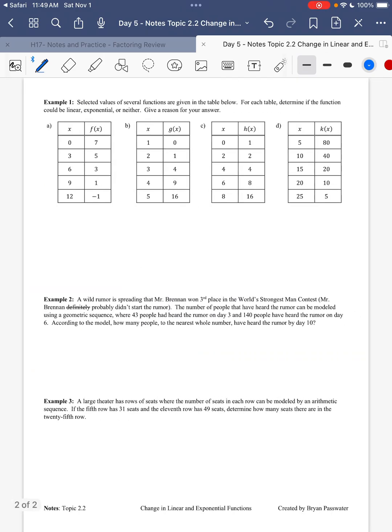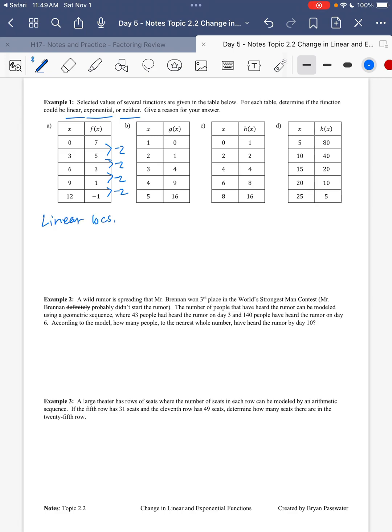Okay, all right. So over here we talked about in class what you're used to, what you've seen before, is like a problem like letter A, and this is going down 2 every time. So that's obviously linear, right? So we're looking for if something is linear, exponential, or neither. All right, so this is linear